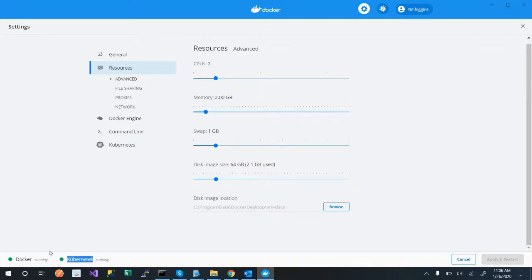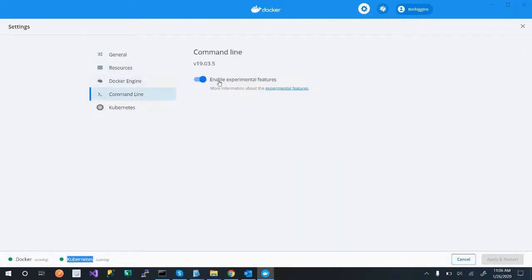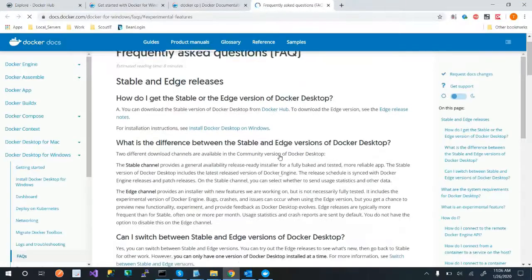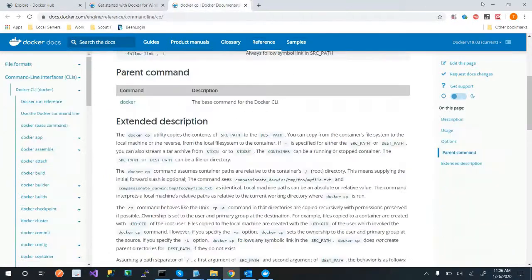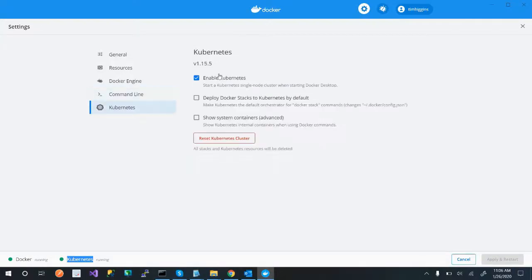Now, if you notice, my Kubernetes is running, my Docker's running. So all you gotta do is have it running. I have enabled the special features, you can go through and read what these are. Now, the other thing too is, here's Kubernetes. If you don't want to run it, just uncheck it. I don't really have that many containers, and I'm definitely not using this at a professional level. So I don't really have a need for it, but it's kind of cool to have it on so I can play with it. And that's all that is.